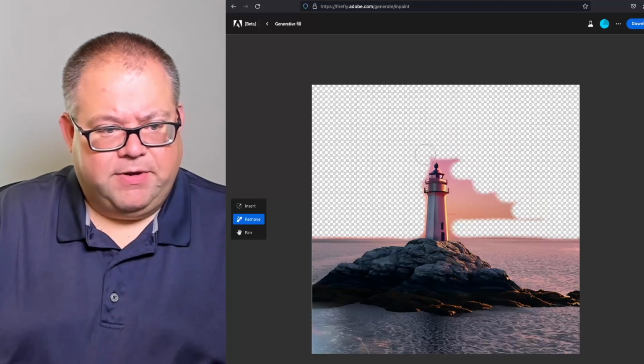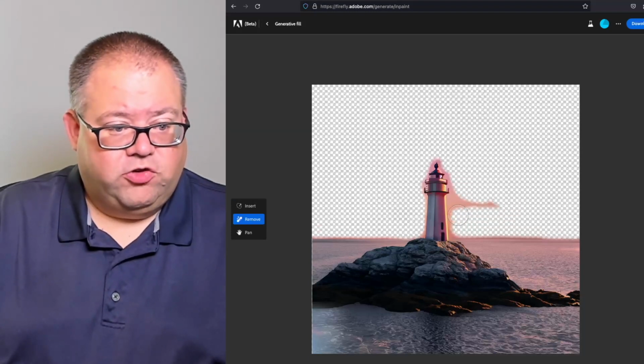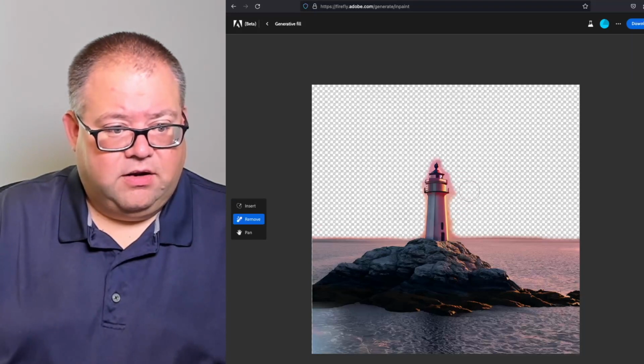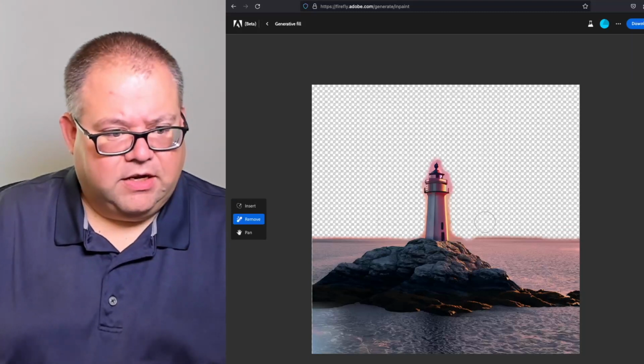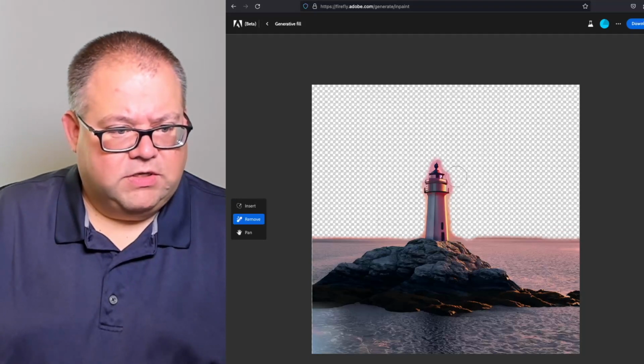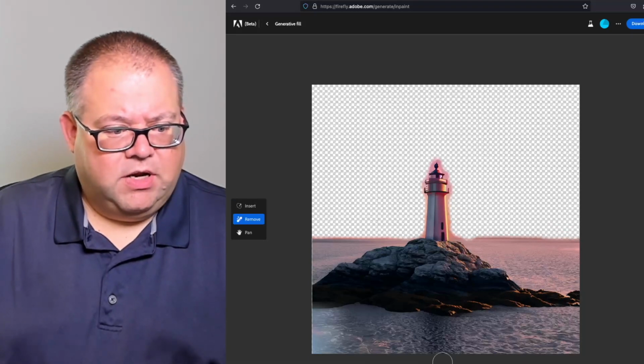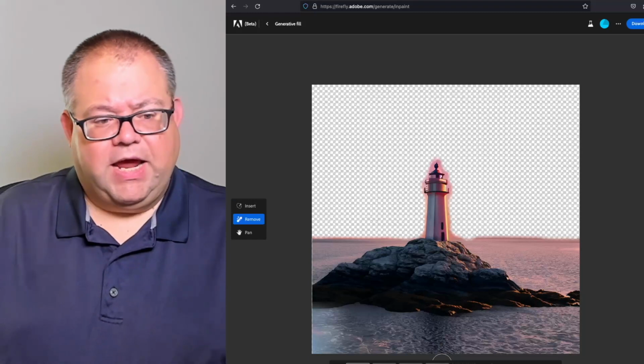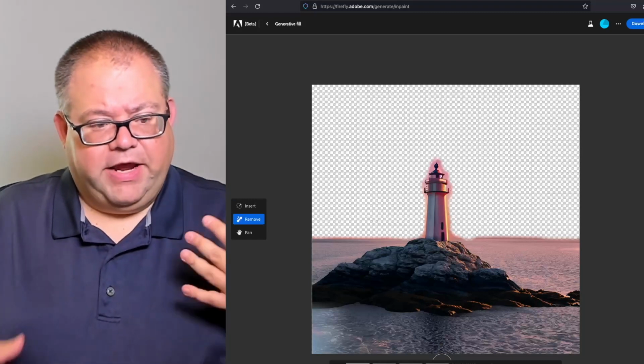And so what's going to happen is once we remove enough of the material that we wanted to replace, we'll see it basically use generative AI to generate new backgrounds that make sense for this lighthouse and this horizon that we have here. And like I said, you can see I'm not super precise about what I'm doing. So I'm going to hit remove, and what's going to happen is in the background the AI model's working